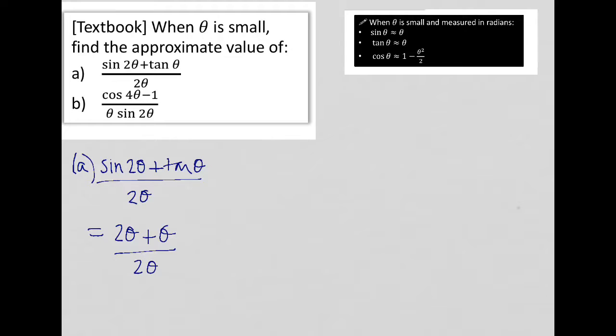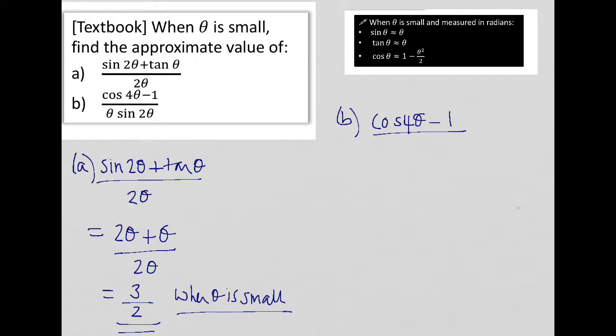So this would give me 3 theta over 2 theta, which is the same as 3 over 2. So there's my approximate value for when theta is small, because remember this is only when theta is small. Quite simple, good. And B, cos 4 theta,